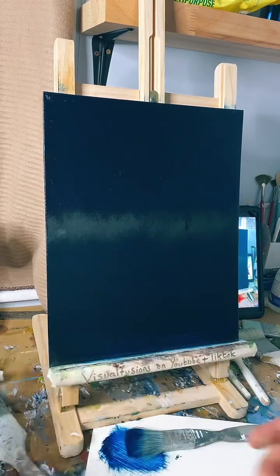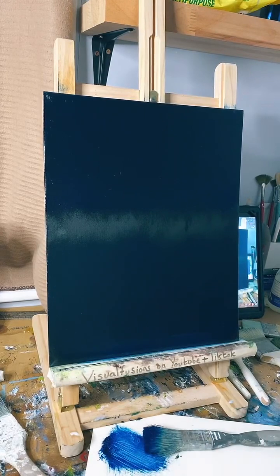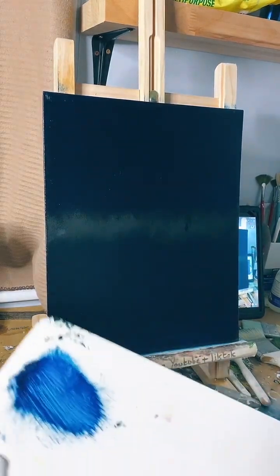And we're just going to lay this paint on, and it's going to look weird to start with, but I don't know if you've seen before, but